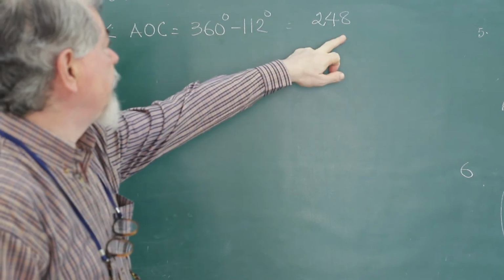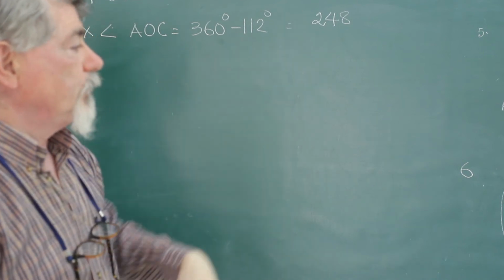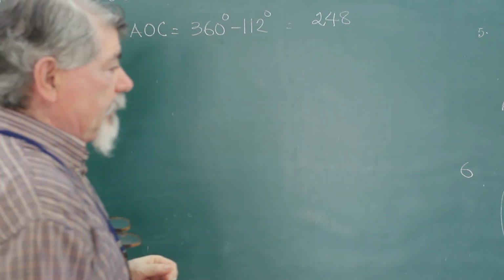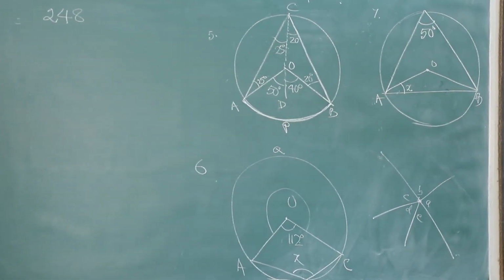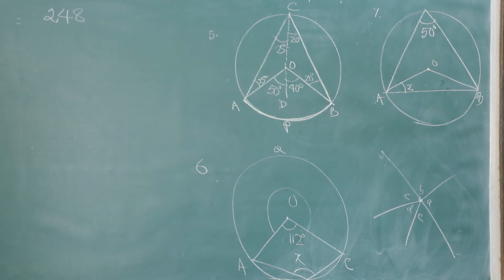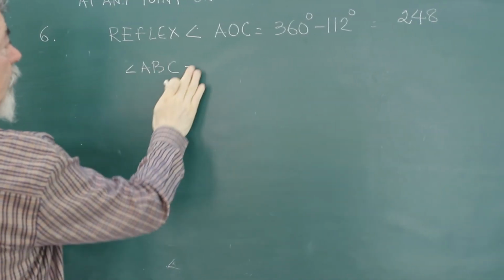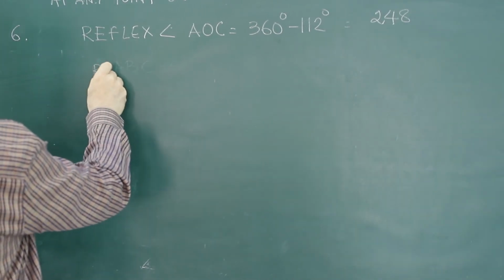10 minus 2 is 8, 5 minus 1 is 4, 3 minus 1 is 2. Okay, it is 248. It has to be greater than 180 degree. Reflex angle has to be greater than 180 degree. So angle ABC will be